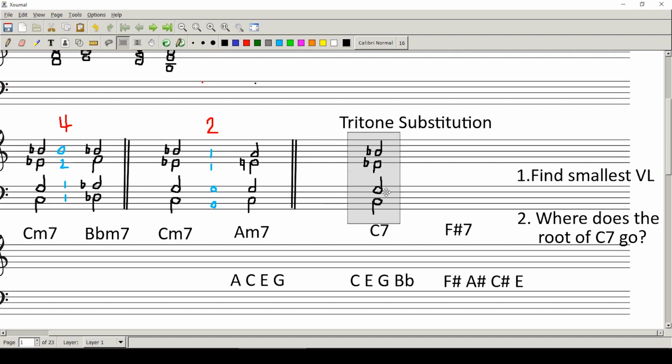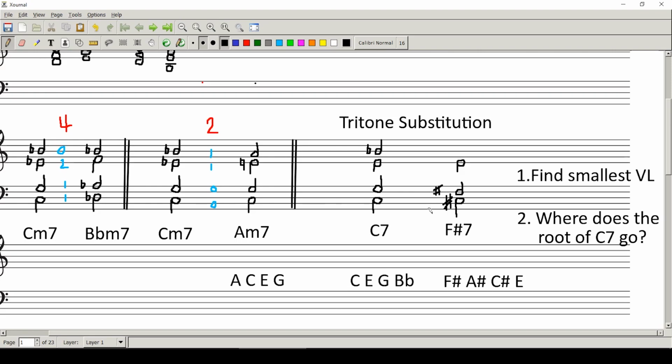Let's just grab this. So there's my C dominant seventh chord. And to go from C dominant 7 to F sharp dominant 7, we've said that the root should become the fifth of the second chord, which means that C should go to C sharp. If the root becomes the fifth, then the third must become the seventh. The third was E. The seventh of the second chord is E, so that stays the same. Okay, that makes a lot of sense. The fifth should become the root of the new chord. So G is going to go down to F sharp,